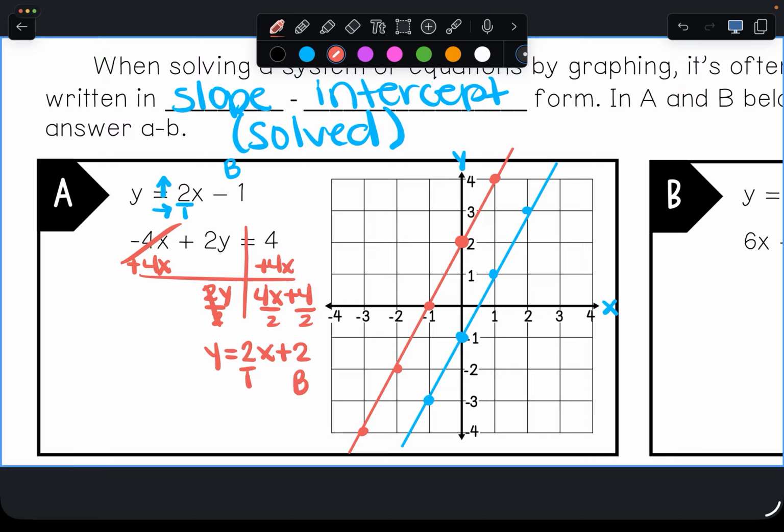All right. So you have three different options. Either they're going to intersect at one point, one solution. That means that the lines have different slopes, and they intersect at one point. They can be parallel, have the same slope, and it be no solution. The answer, remember, is no solution. Yes, you're going to see parallel lines, but the answer is not parallel lines. It's no solution. Okay? Or